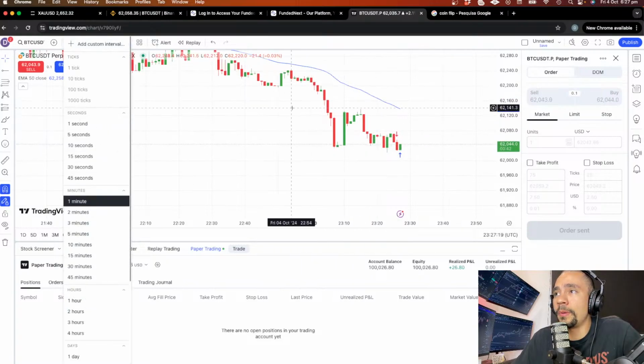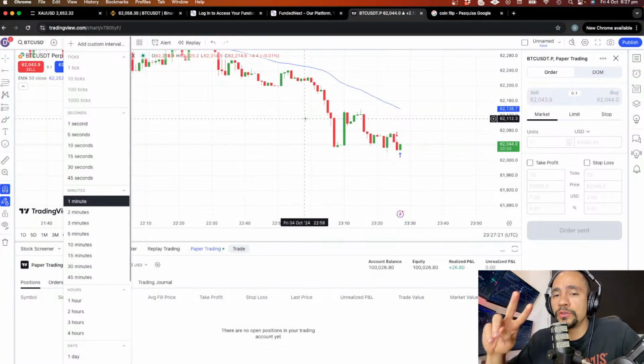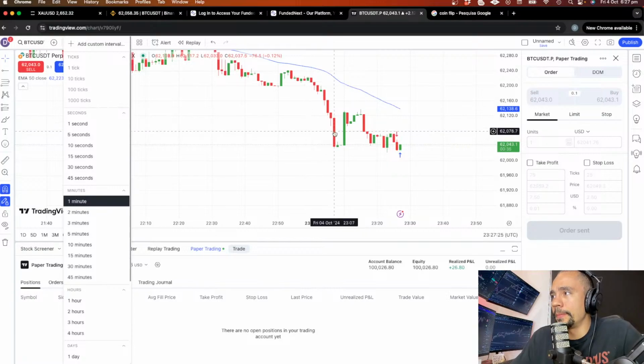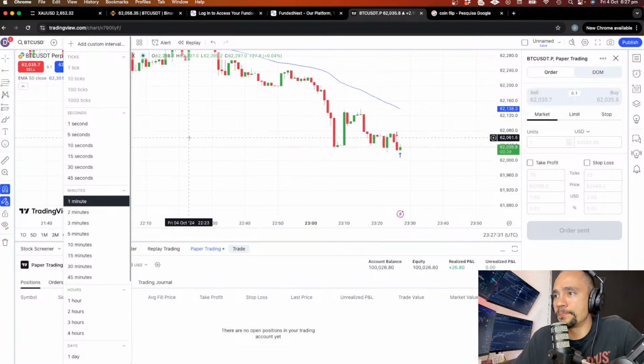And if you don't know about how to use this platform, I have 2 videos on my YouTube explaining how to use it. It's free. You can pay as well, but you can use it for free. This one that I'm using here is totally free. And you can do all of this stuff, which is amazing. You can do a replay mode trading for back testing. You can use a paper trading as a demo account to practice your strategy.